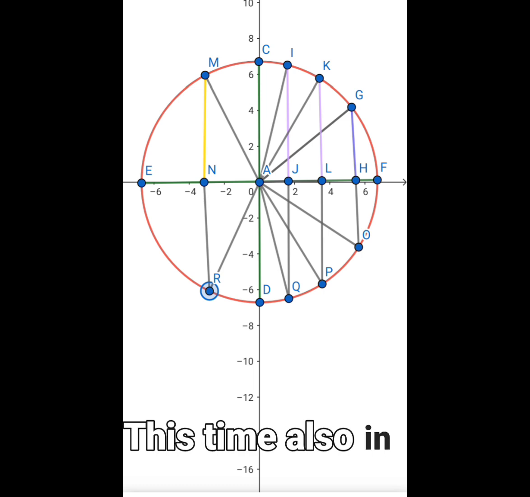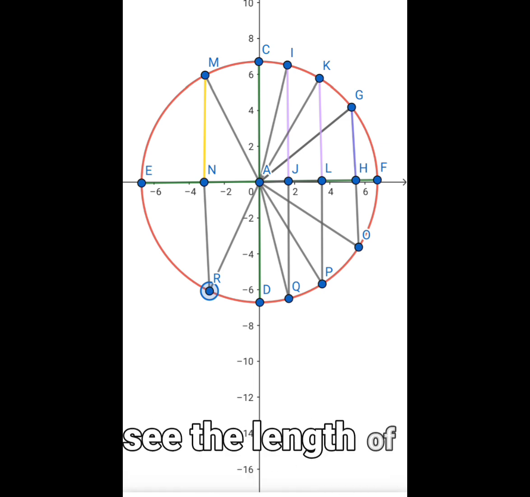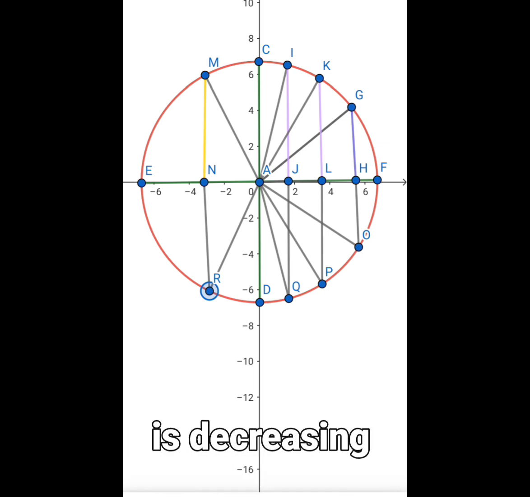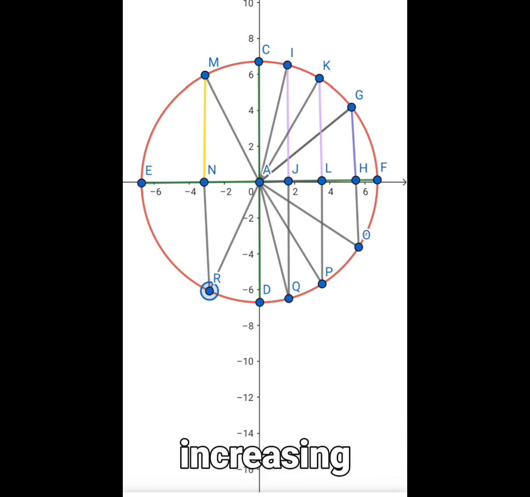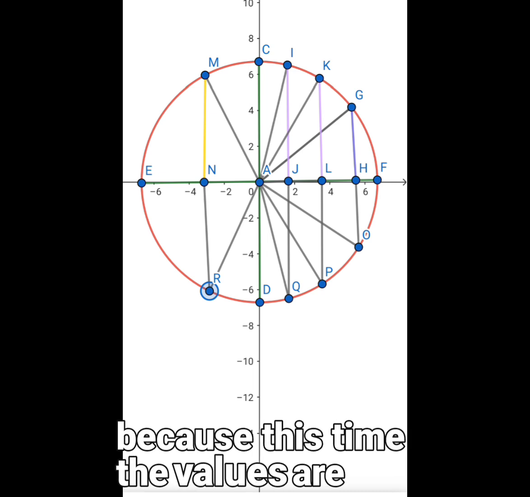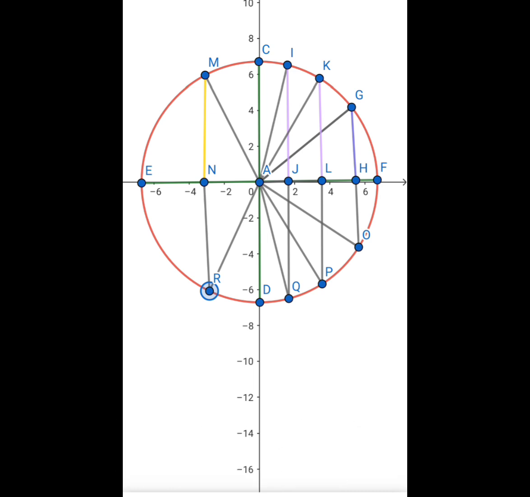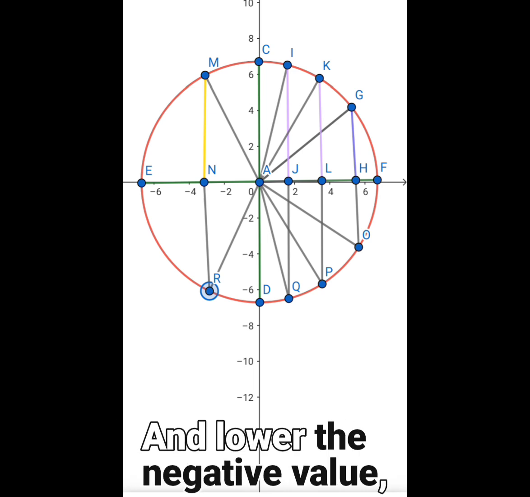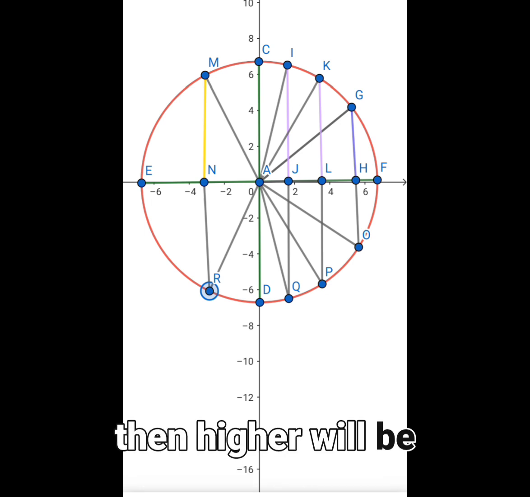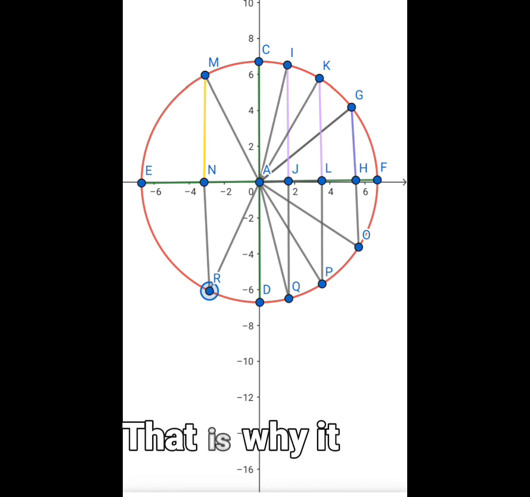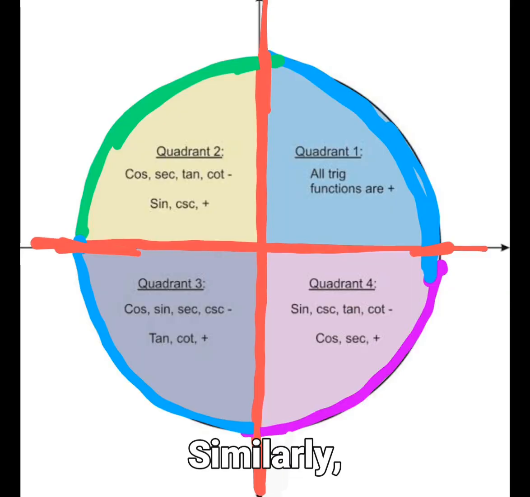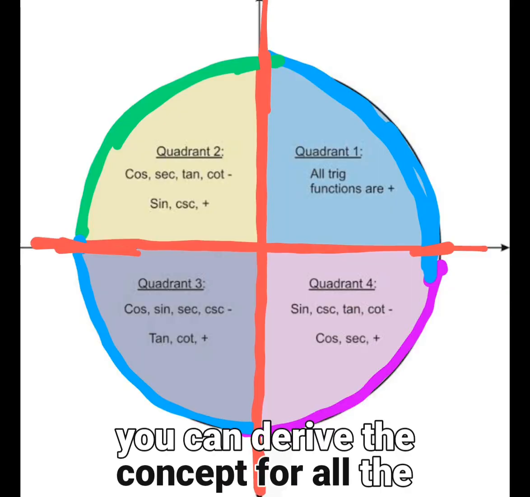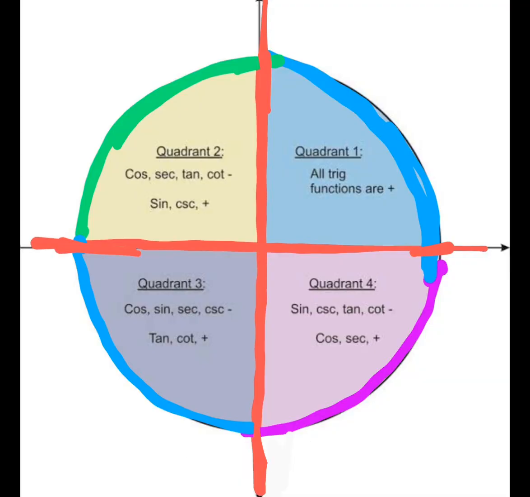This time also in the fourth quadrant you can see the length of perpendicular is decreasing from D to F, but still the value of sin x is increasing because this time the values are negative, and the lower the negative value, the higher will be the absolute value. That is why it increases from D to F. Similarly, you can derive the concept for all the trigonometric functions